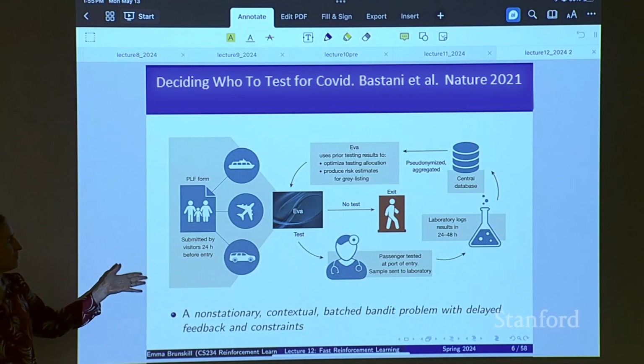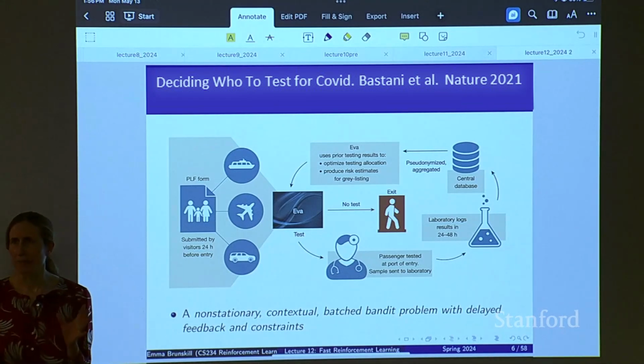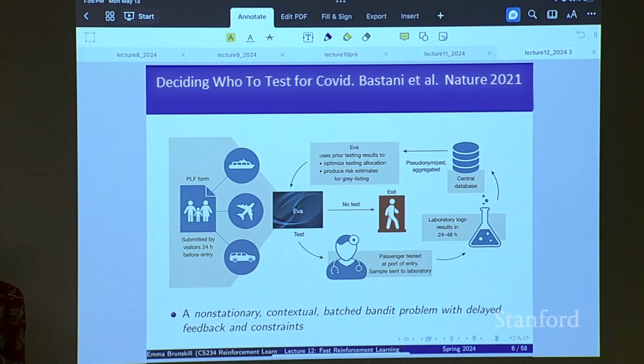And I think it's a really beautiful example of using reinforcement learning, particularly multi-arm bandits, to tackle this problem. One of the things that they had to do, so this is a real system, they really deployed it in Greece. I think when I talked to Hafsa, she said it came together in like a month. It was a really amazing effort.